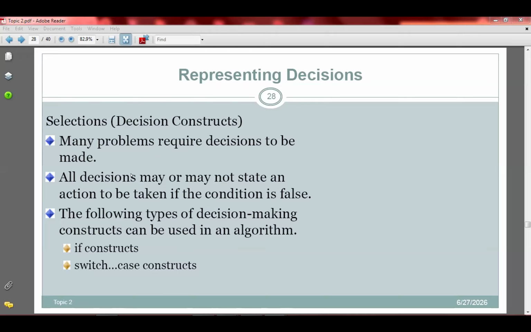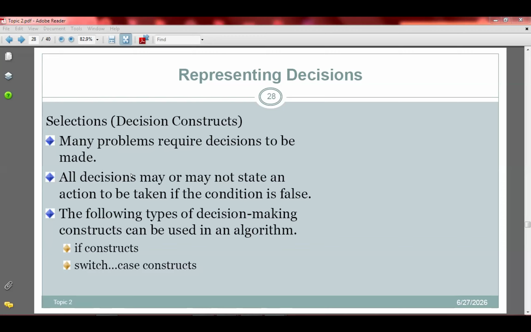But sometimes you need to control this flow. You need to tell the computer to execute this part of the code based on the outcome of certain decisions. So you have the selection construct or decision construct, and then we have the looping construct.